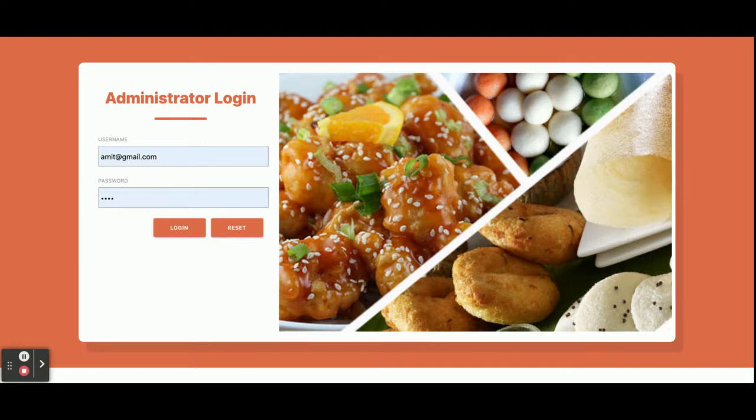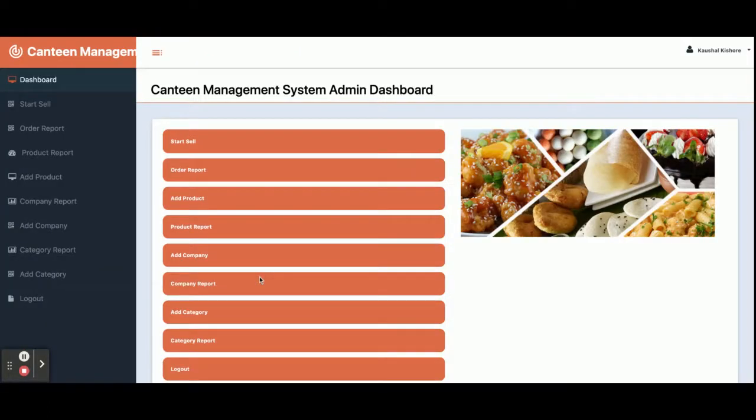We have integrated two types of layouts inside this project. One is for the login, the second one is for the admin. Once you run this project, you will get this login page. The user id is amit@gmail.com and the password is test. Once you log in, you will get this dashboard. You can perform certain operations here. This is an admin driven application. There is no user login, no customer login, no other users login. So this is the dashboard.